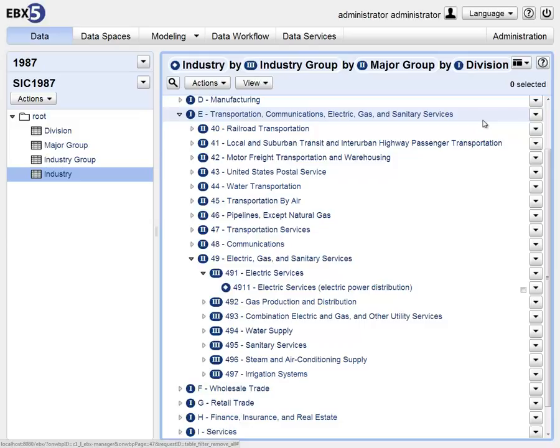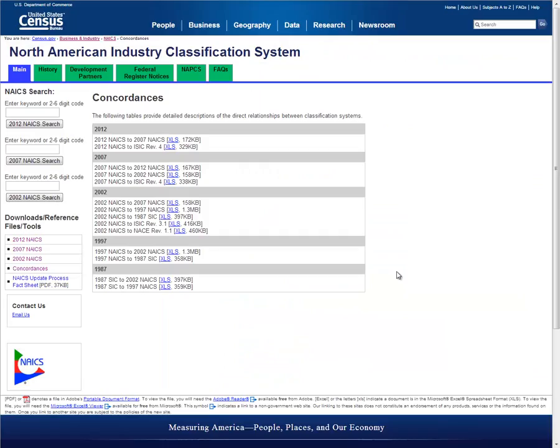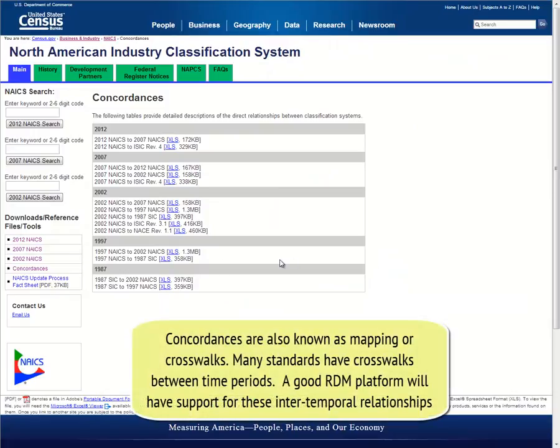So if I was looking at data that was coded as down here, 4911 electric service, electric power distribution, if it was coded that, how does that connect to solar? Can I see that? And you can with EBX. So how do we do this? Well, lucky for us, the U.S. Census Bureau has actually published a series of concordance tables, and they define how these different standards relate to each other. Not just how these different standards relate to other standards, so here's 2007 and how it relates to ISIC,